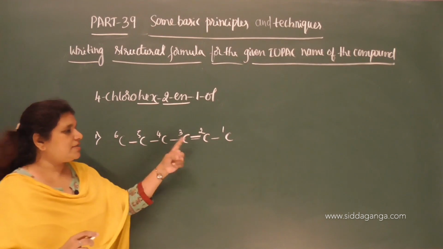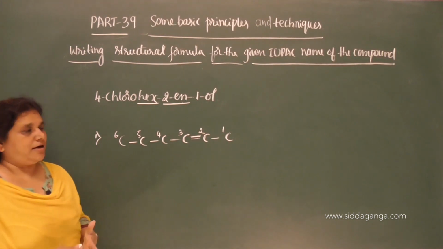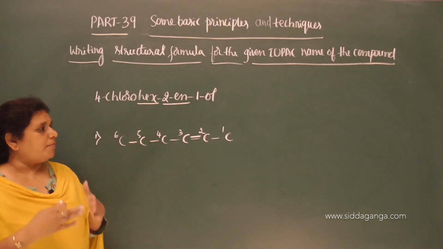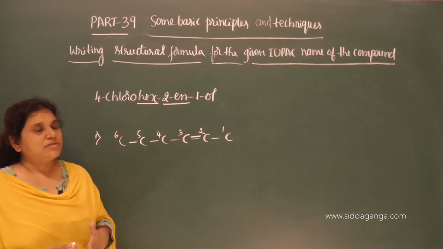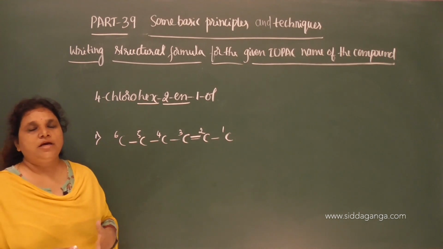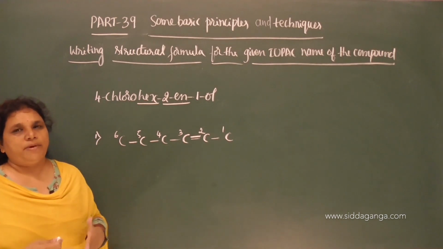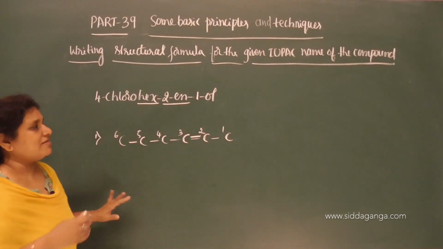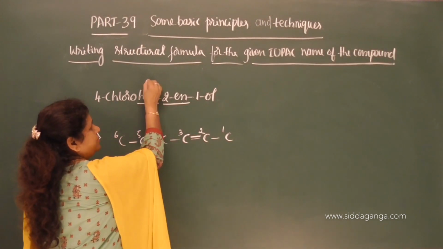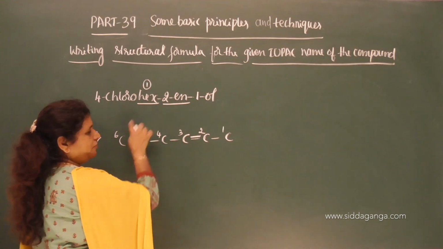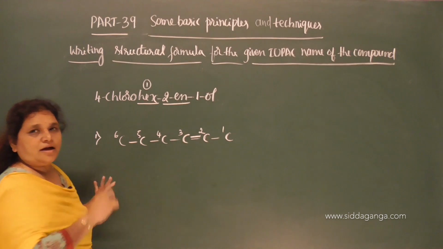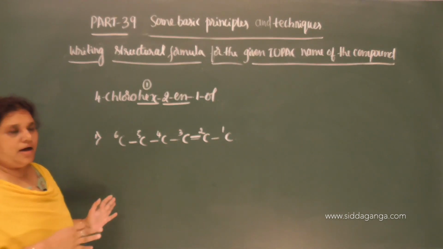We need to place the double bond between the second and third carbon atom. So place the multiple bonds on the appropriate carbon atoms on a selected parent carbon chain on the basis of primary suffix. So the first step is, on the basis of root word, we need to write the carbon skeleton and number the carbon atoms from one end to the other end.